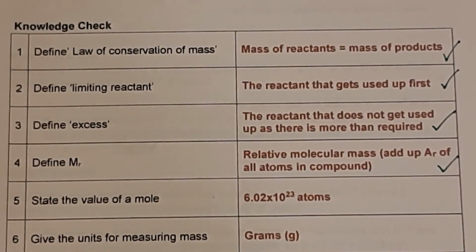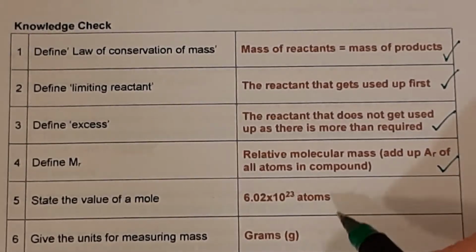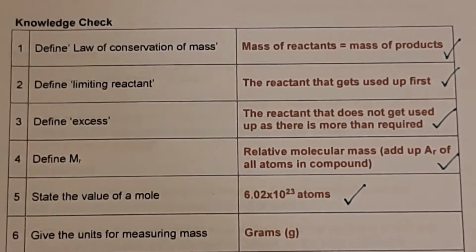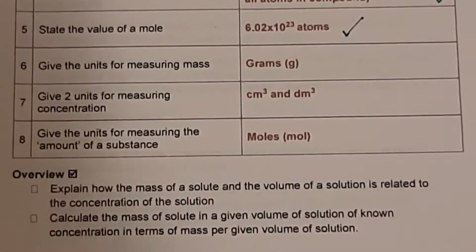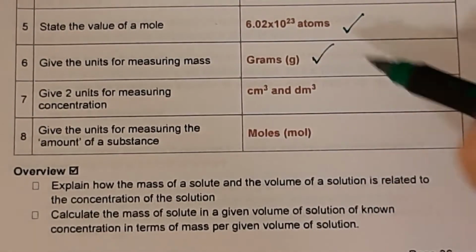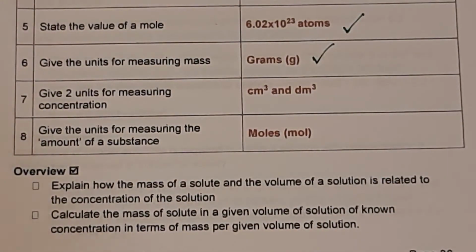Question 5, state the value of a mole. So that's 6.02 times 10 to the 23, and we usually add atoms on the end because we're talking about atoms. Question 6, give the units for measuring mass. So that's grams or lowercase g. Question 7, give 2 units for measuring concentration. So that's,